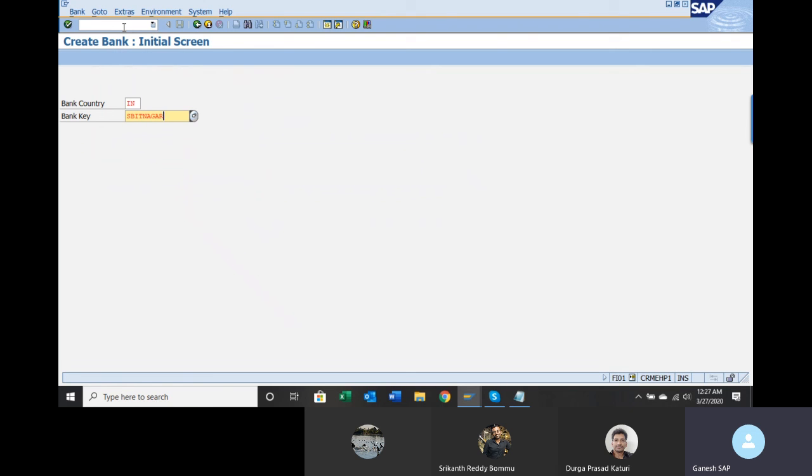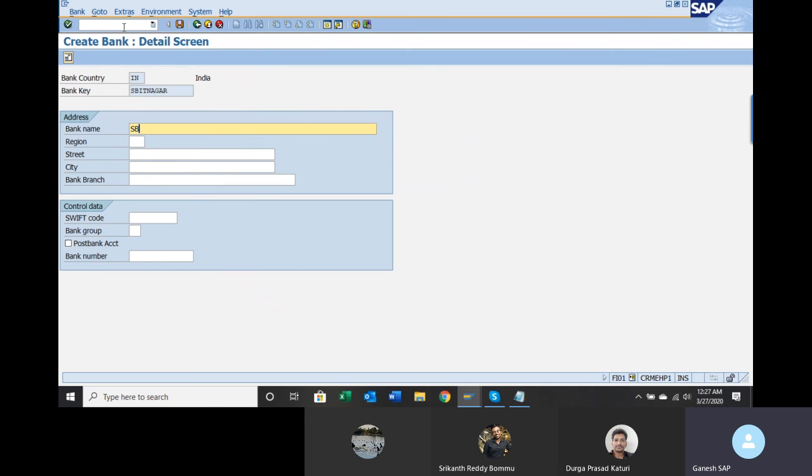So this is the bank he has given. Enter SBI, street Nagar, city Chennai, branch T Nagar branch. The same thing you can copy for the SWIFT code. As of now, save it.